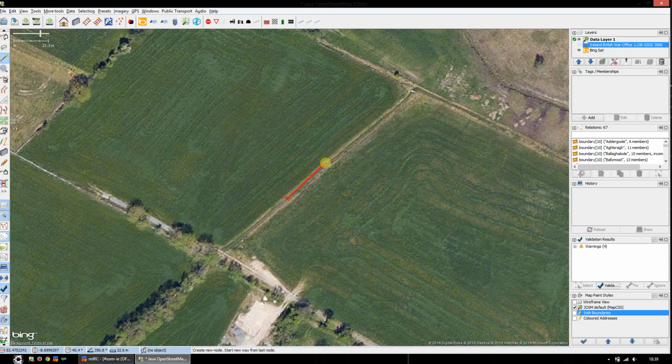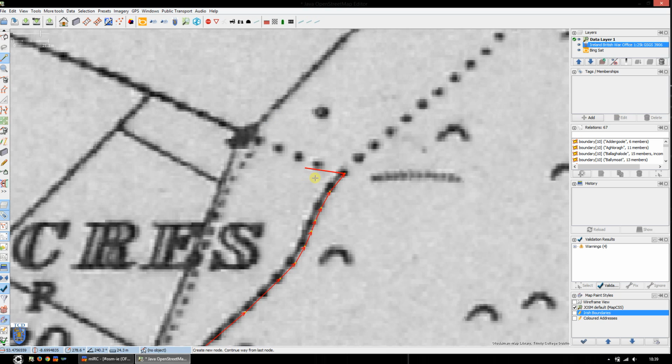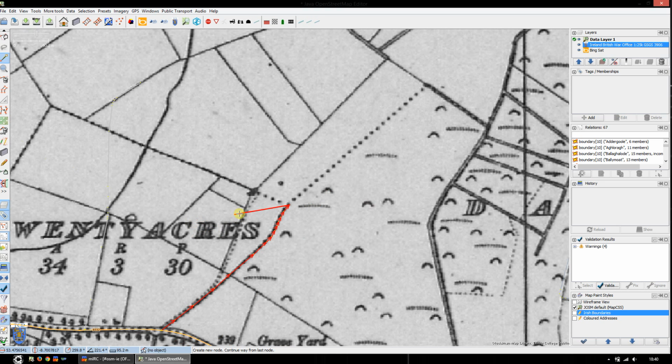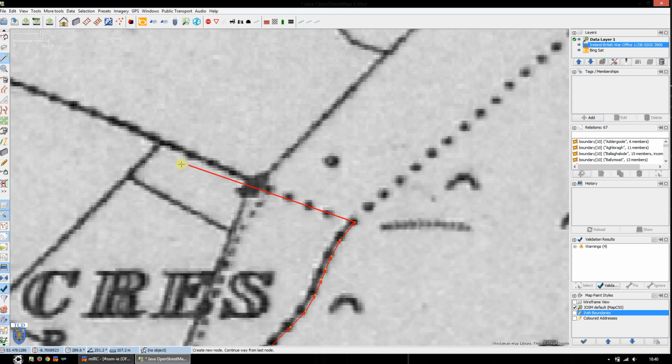So this is the point here at which my imagery no longer matches my map sheet. So now I'm going to be mapping off of my map sheet itself. Now, at this point here, I can see there's a boundary that continues on up here, and the boundary I'm actually working on for 20 acres goes out this way. So I'm going to be splitting this boundary here, because it's going to be shared by a townland over this side here,